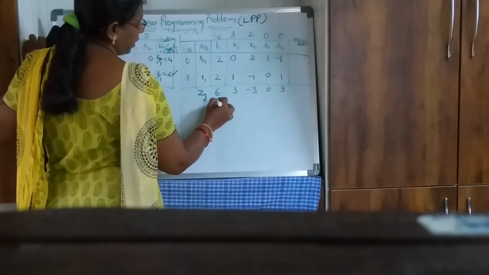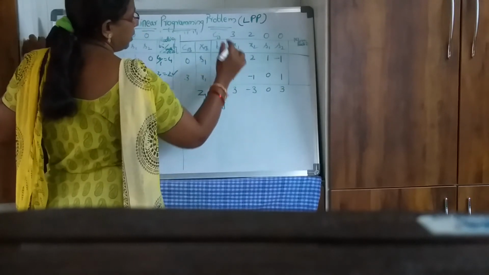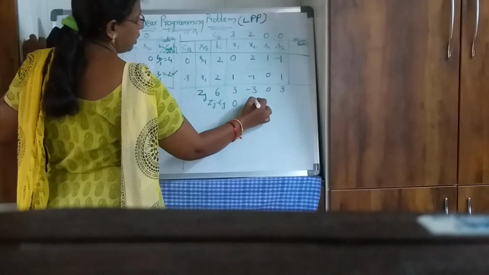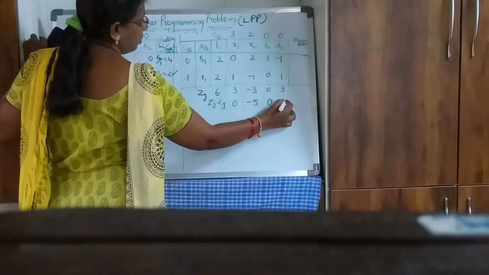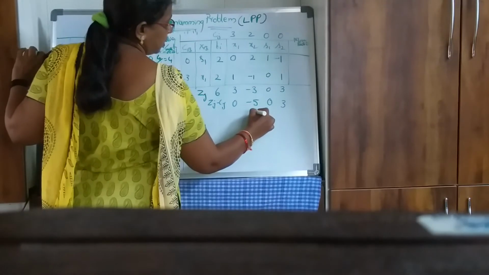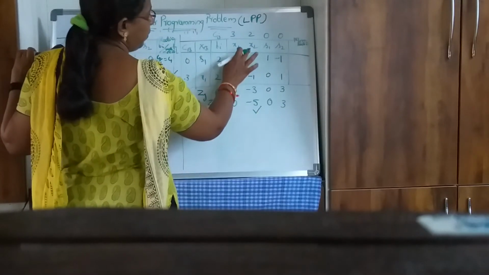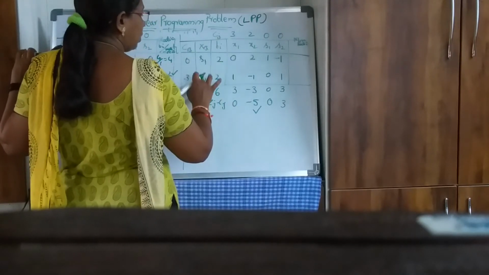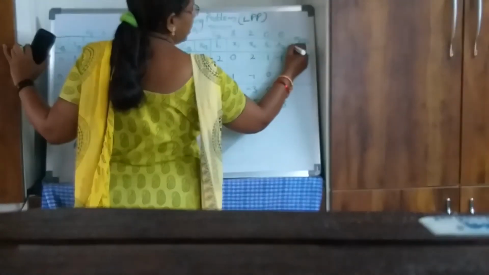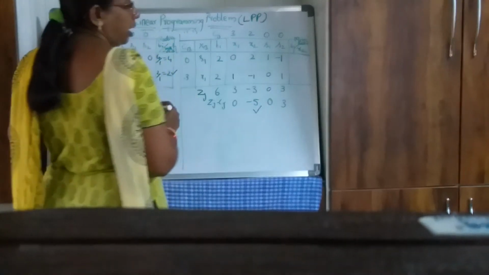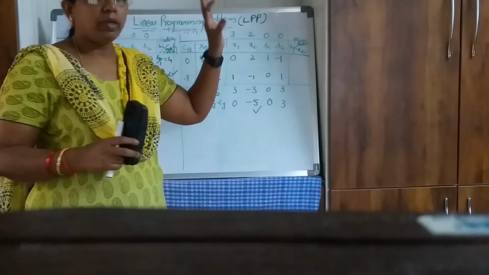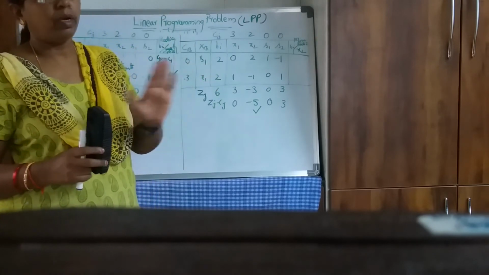Now find Zj minus Cj. So 3 minus 3, 0. Minus 3 minus 2, minus 5. This is 0. This will be 3. Again I have one negative value. So here this is the most negative and the corresponding variable is x2. Now x2 should occupy one of these places. So I will find the ratio BI by the x2 column. Remember you have to divide BI with the x2 column, and that too with only those elements which are positive. Don't divide it with negatives and